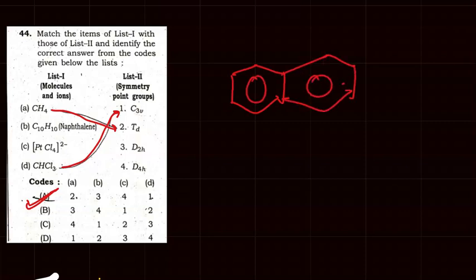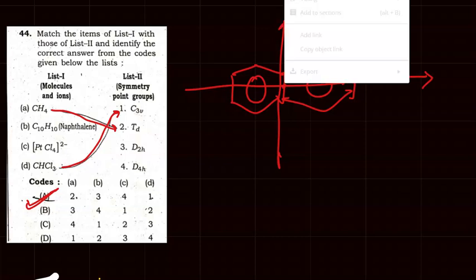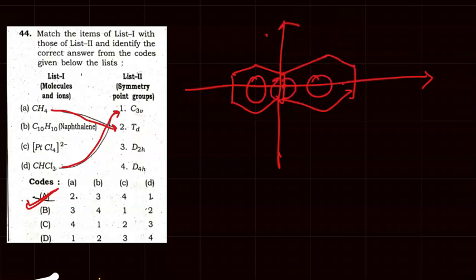in this way what we will do, we can pass one axis in this way and another axis in this way, okay. So another axis in this way will pass through this. Okay, let me change the color. Through this, so if we rotate the molecule by 180 degrees then we will get the same molecule. So this axis which is passing through this point will be known as the C2, which will be the principal axis of symmetry, and perpendicular to this axis we are having another axis, right, we are having two more